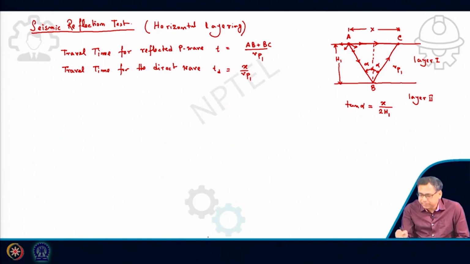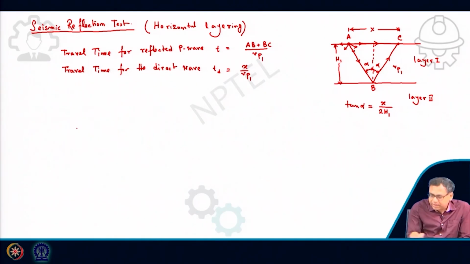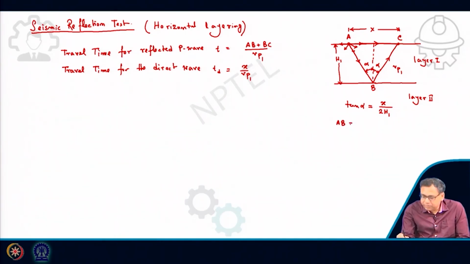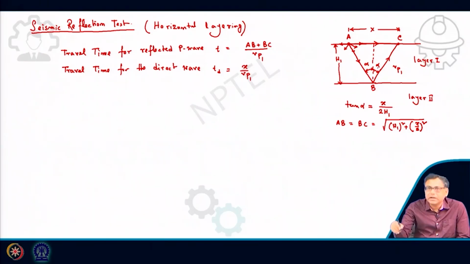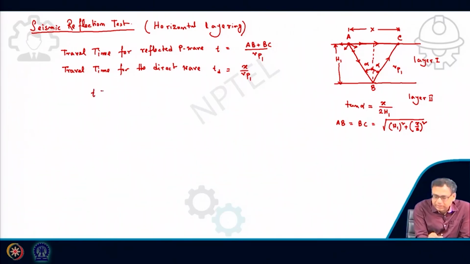Okay, tan alpha will be x by 2 H1. So now I can write that AB will be equal to BC, that will be equal to root over H1 square plus x by 2 whole square. This is x by 2, this is H1, so this value is root over H1 square plus x by 2 whole square. So now if I put this value here, then T will be,